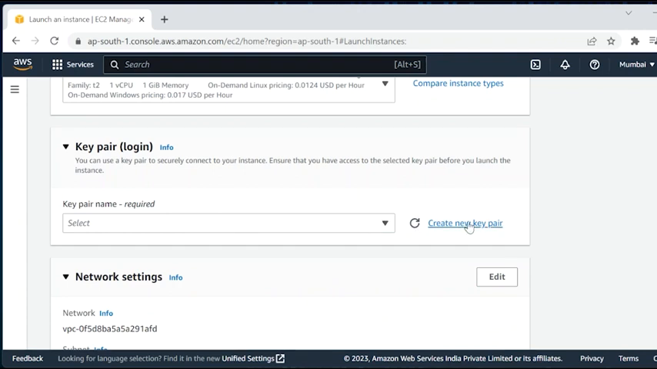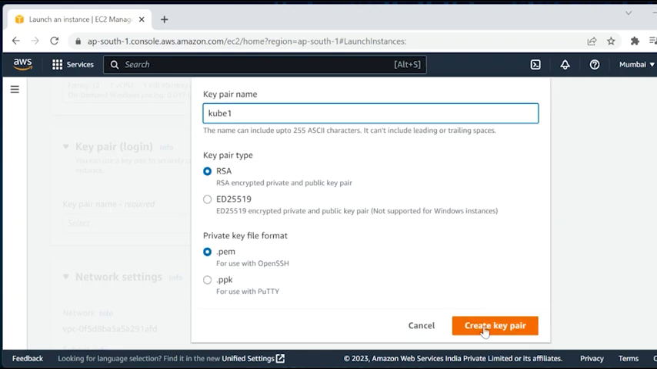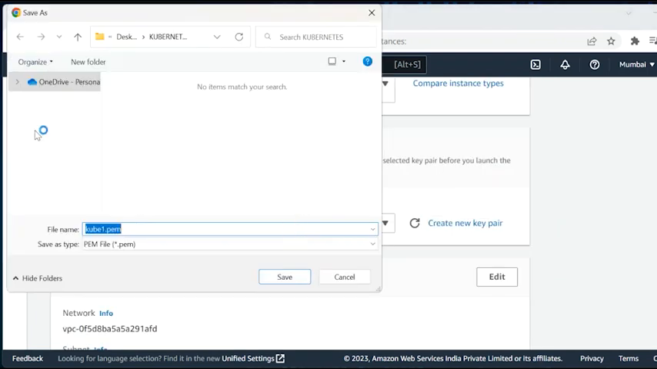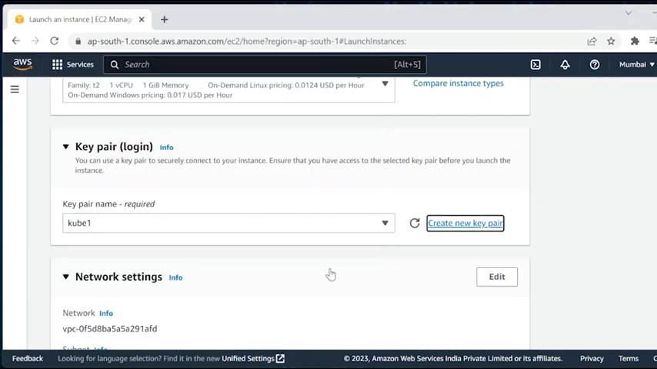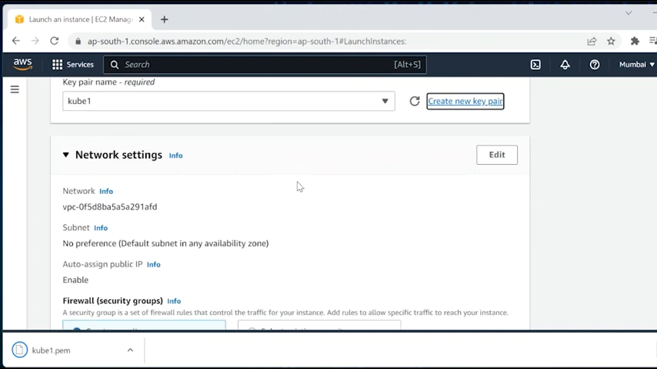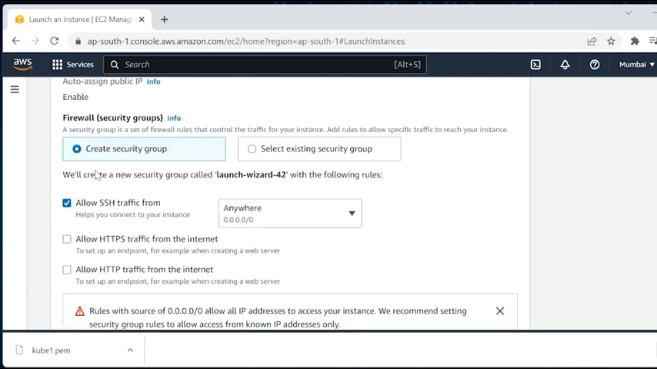Then I have to create a new key pair over here. I have given the name Q1. I have downloaded a PEM file over here. The PEM file is downloaded. This is my network setting, and now I have to allow all the traffic over here